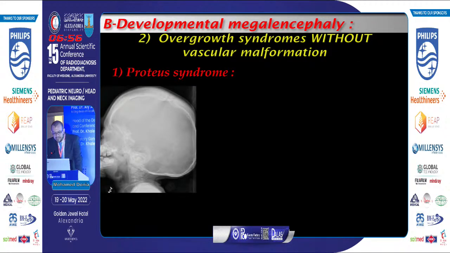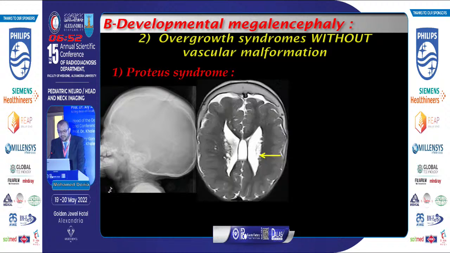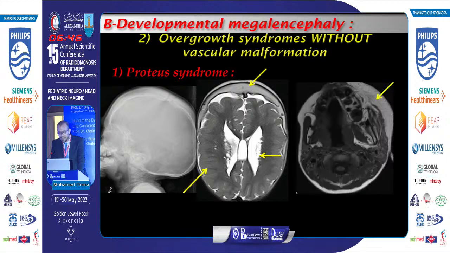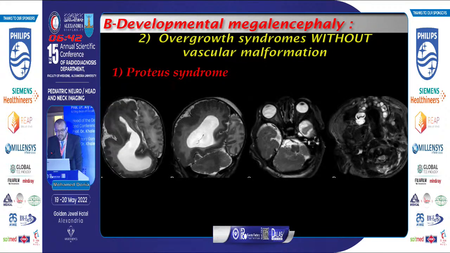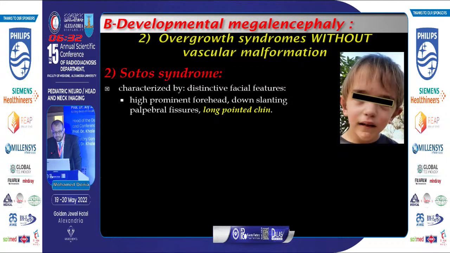In Proteus syndrome, the lateral X-ray showed dolichocephaly with increased anteroposterior diameter of the skull, periventricular cystic change, polymicrogyria, focal calvarial thickening, and soft tissue hypertrophy of the right side of the face. Another case of Proteus syndrome shows right-sided hemimegalencephaly, right cerebellar enlargement, and soft tissue overgrowth over the right side of the face. Sotos syndrome is characterized by